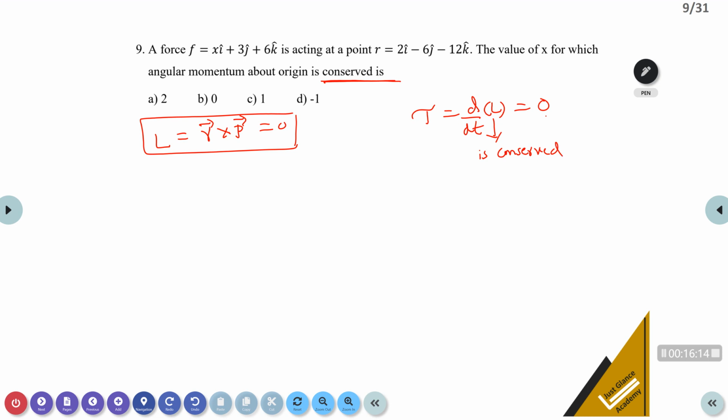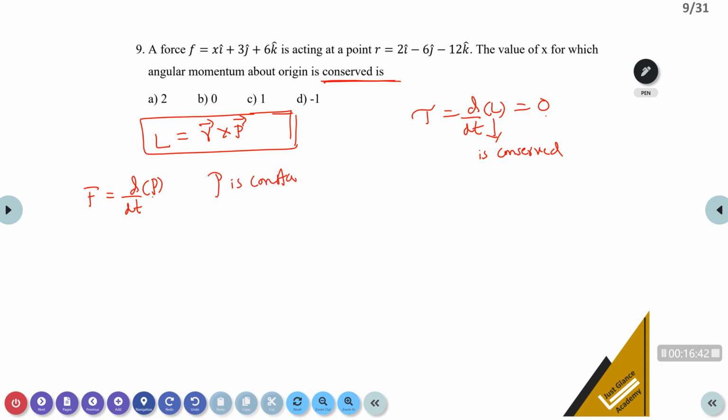Torque equals the rate of change of angular momentum. We know a similar equation, Newton's second law: F equals d by dt of P. If momentum P is constant,